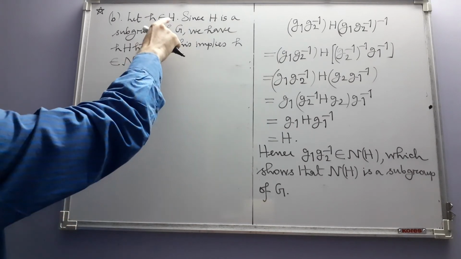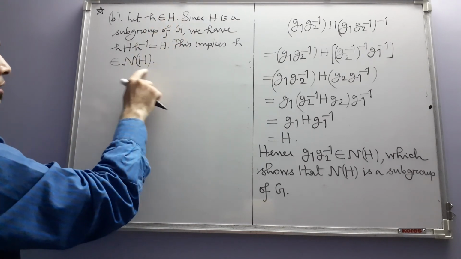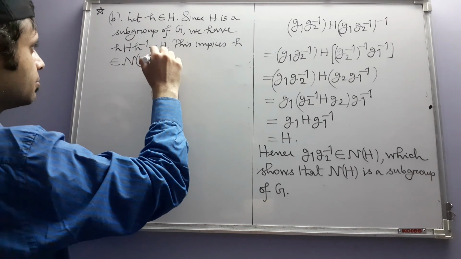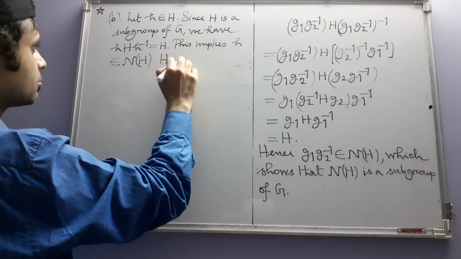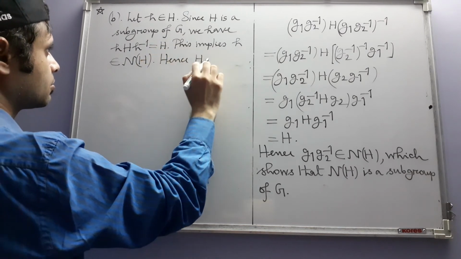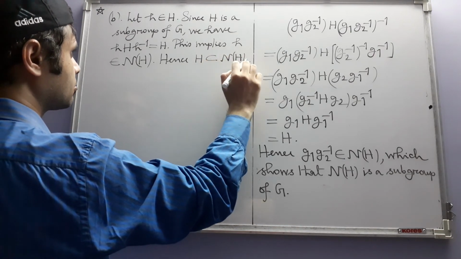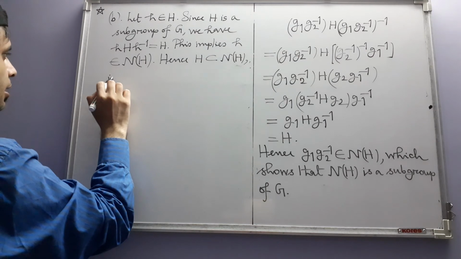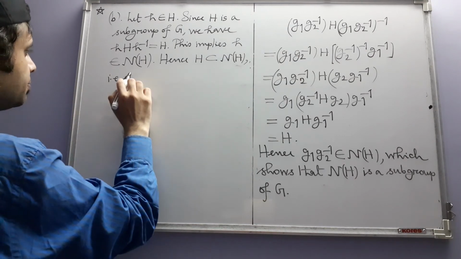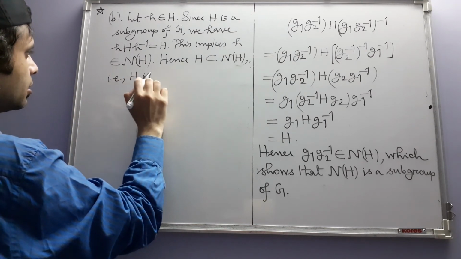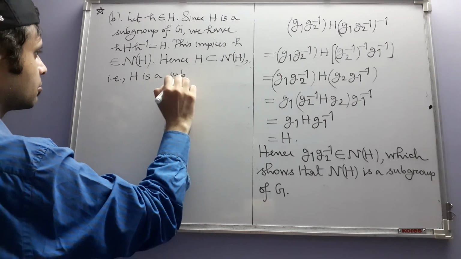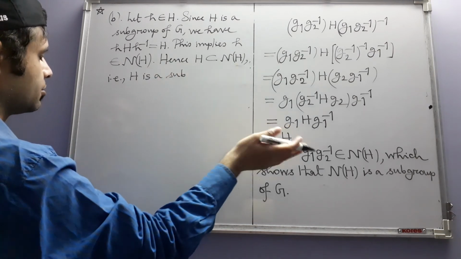This just shows that capital H is a subset of NH. Hence, since capital H is a group, and this is also a group, as we have shown in part A,